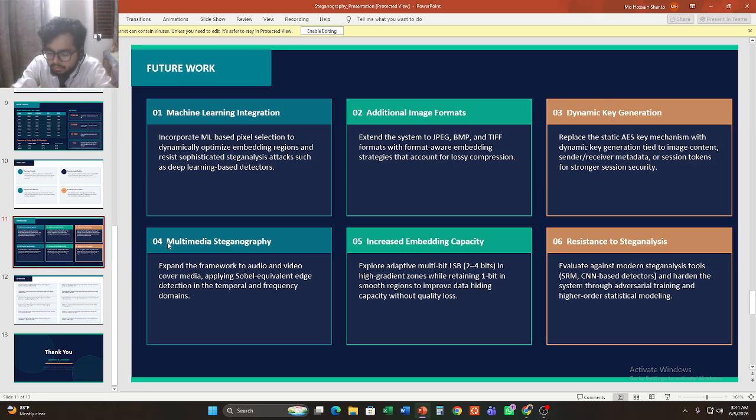Future work. The authors also identify several directions for future work, areas where the proposed system can be further improved. Direction 1, machine learning integration.